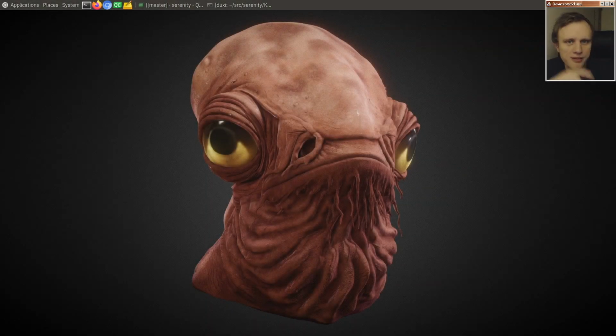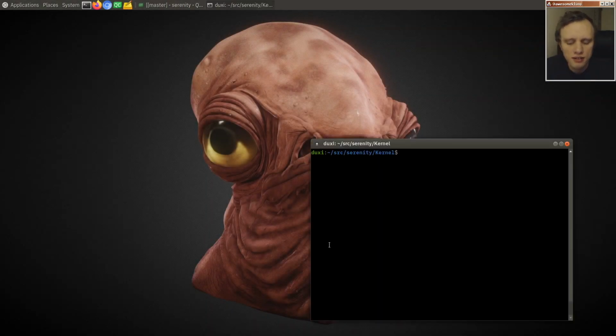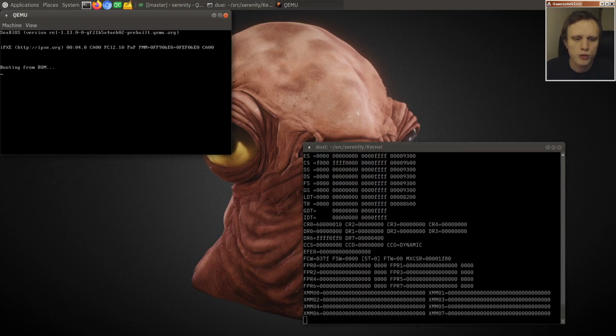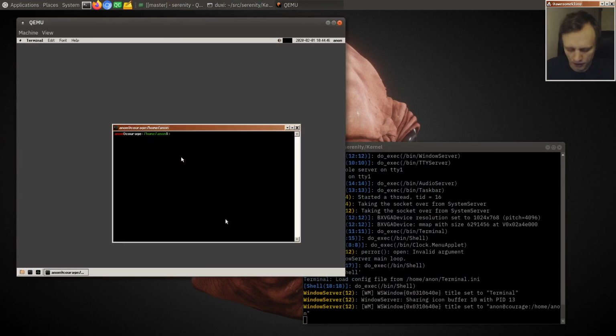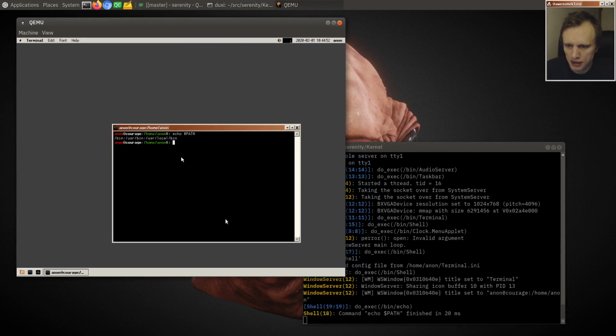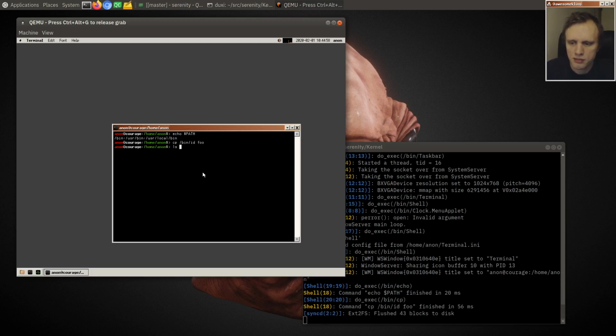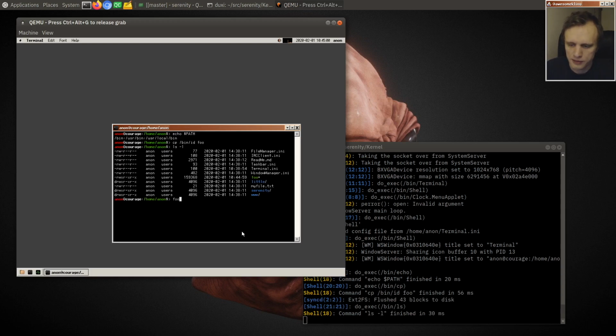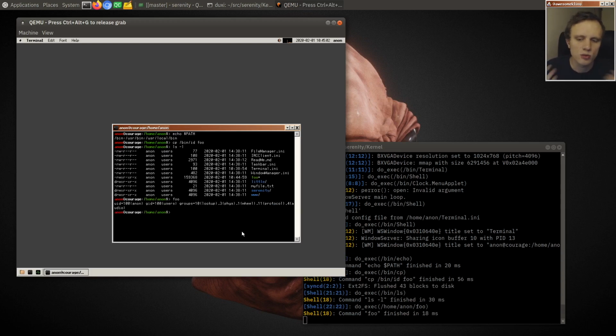Well, hello friends. Today we are going to set a little trap for the root user on Serenity because I realized something when I was mucking around: this is the path that we have by default in the shell. But even if that is our path, if I copy some binary to the current directory and run it like this, it still works. So even though it's not part of the path, we're still looking in the current directory